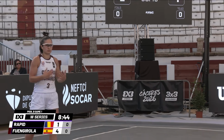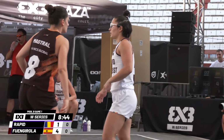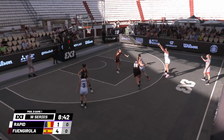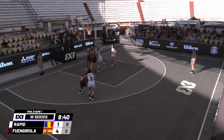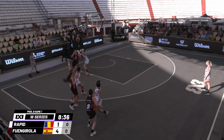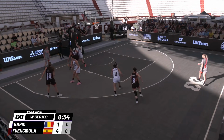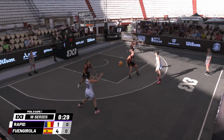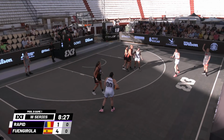Hortense Limousin, you can see the sense of urgency starting to kick in. Rossini, pull up, 2 isn't gonna go. Pass into the post, a lot of contact there. Garcia, no problem for her. Manages to take Petronite on and